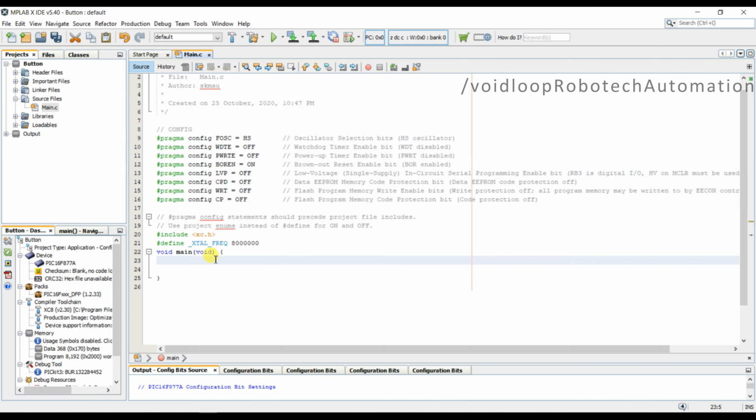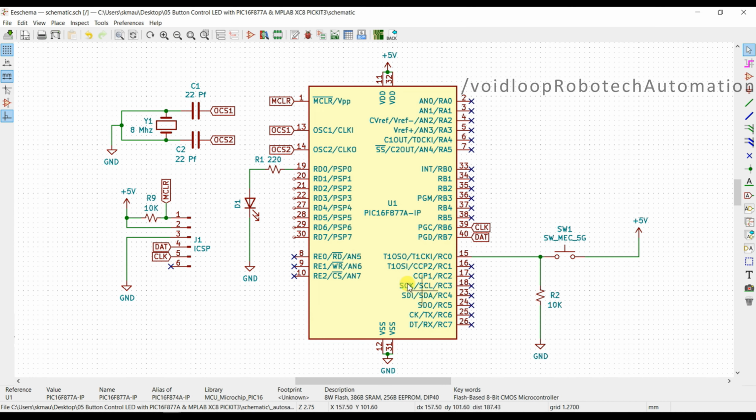initialize the input button. So you can see the button is connected on RC0 and the LED is connected on RD0.